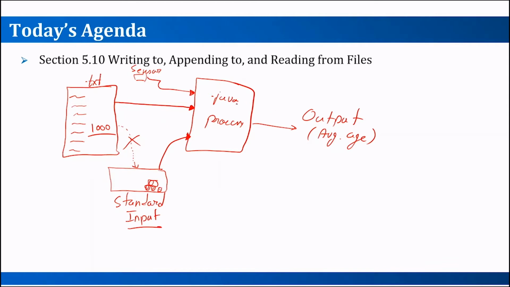The same goes for the output, by the way. You output to the what? To the screen, right? So you have the output to the screen. That is standard output, which is the monitor or the screen of the computer. But you could output to different things. You could output to another file,